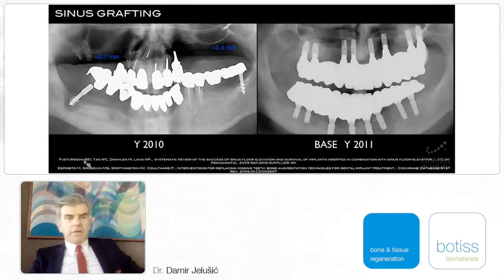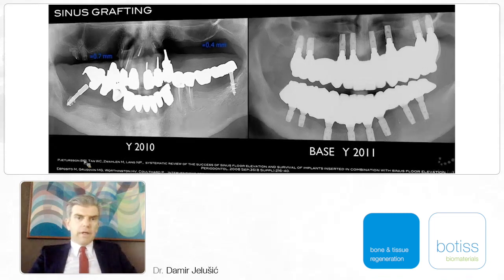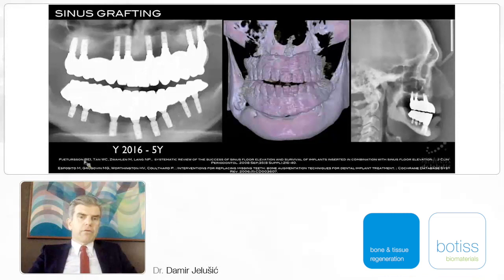Very huge restoration. This is a colleague of ours, not from a dental field, but a colleague in the medicine field. From this beginning situation, I did bilateral sinuses, 8 implants in the upper jaw. You can see what kind of resorption it is, and also a quite similar situation in the lower jaw, but in the lower jaw without any kind of bone regeneration. And 5-year control, stability, and even with such a big restoration, you can see the lateral X-ray to understand what kind of